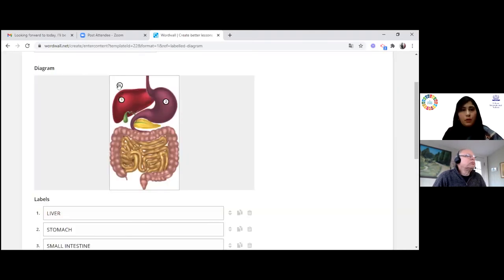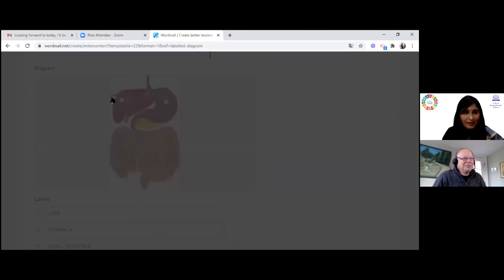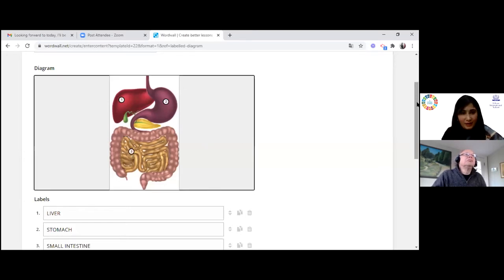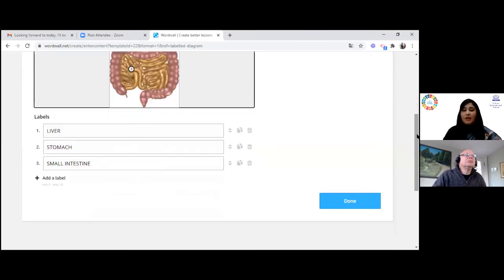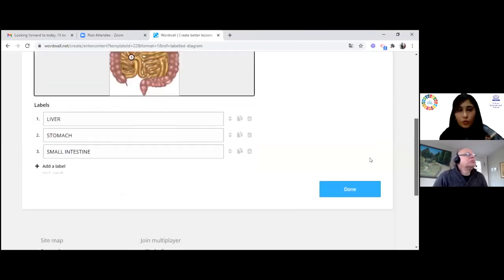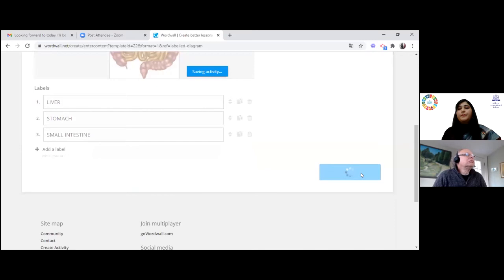So these are the 3 things that I want my student to label. Fine. I think my activity is ready. I'll click on done. Now this time it should not take time.